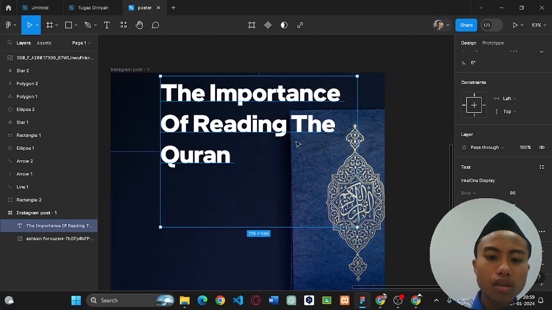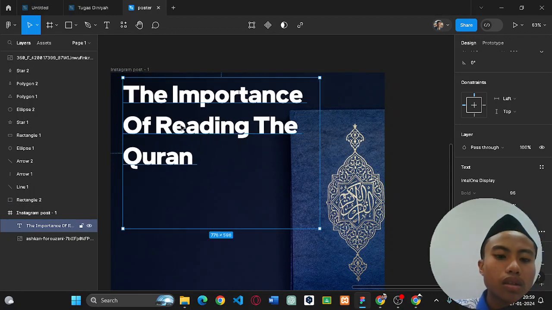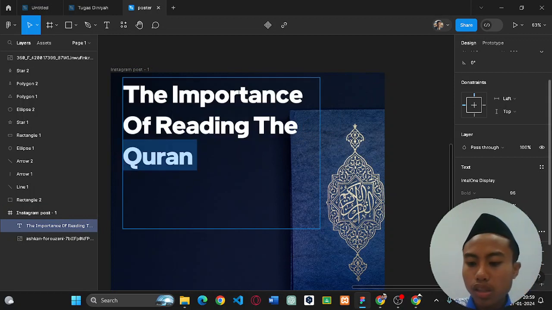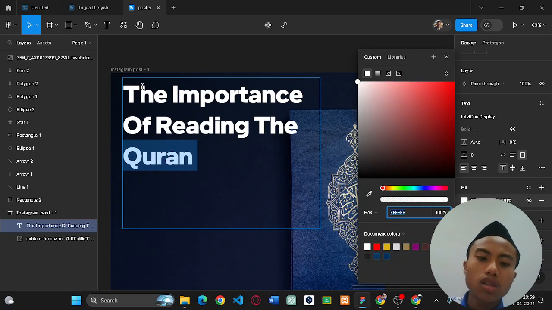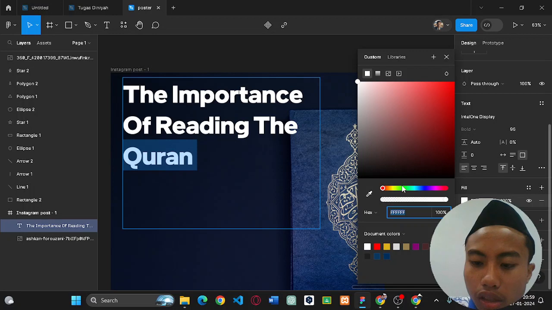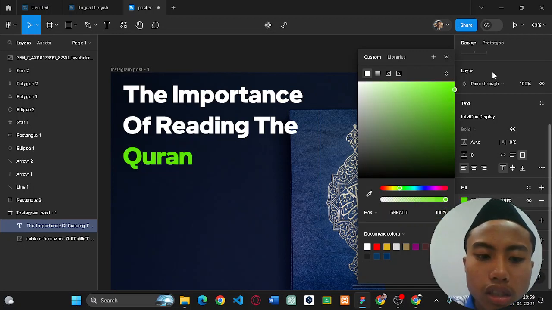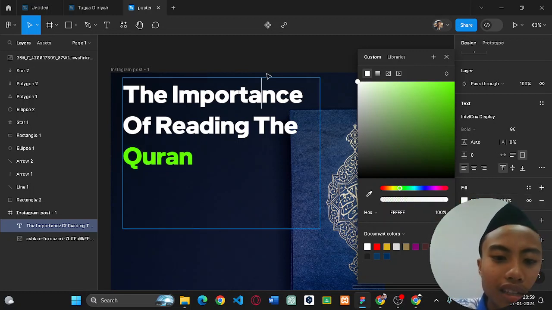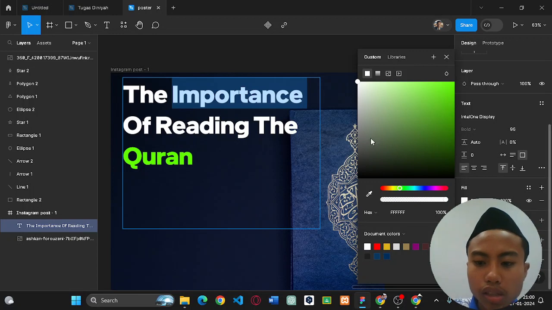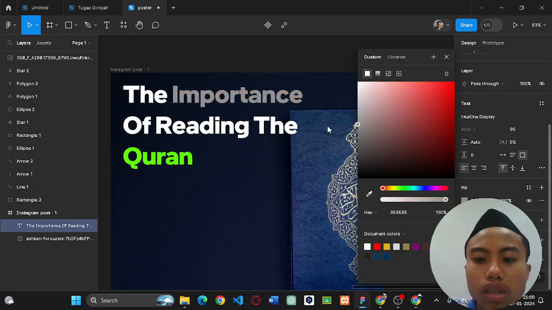Maybe we can do, you can change the color of just one word, even though it is on the same post, on the same text. You can change it to green, and then voila. You can set it to red maybe. No, not red.